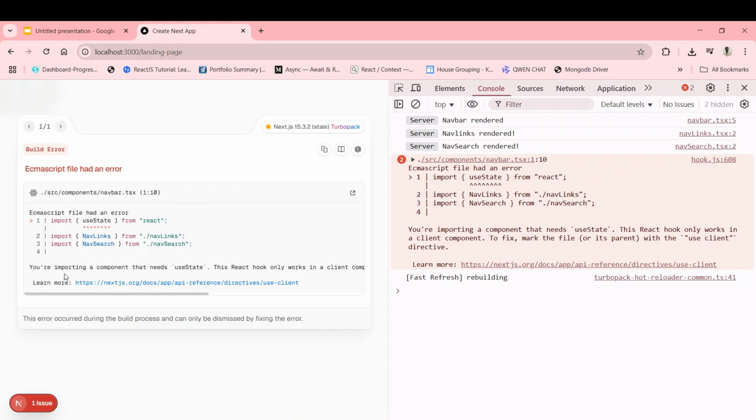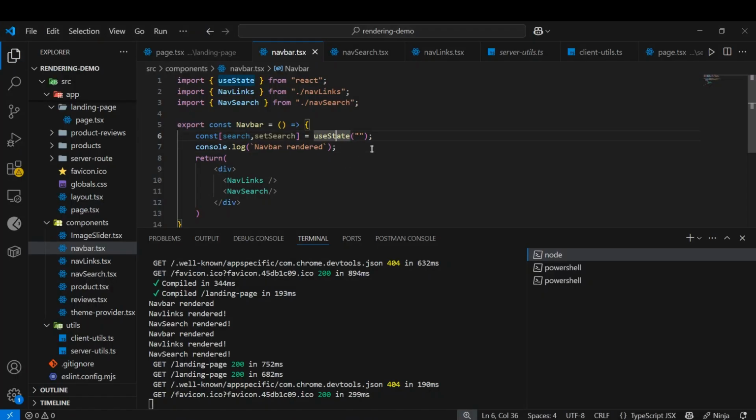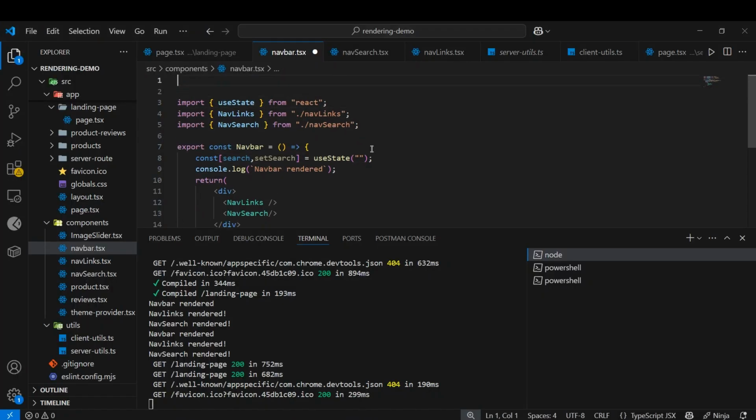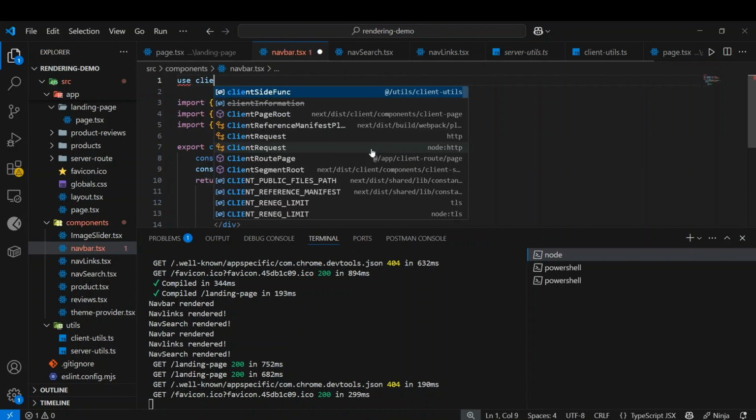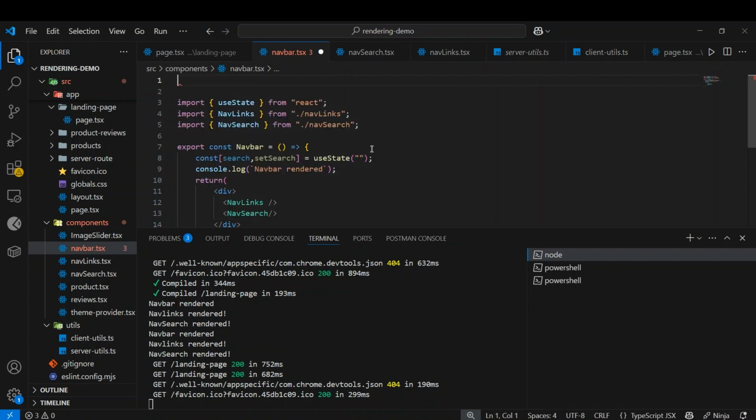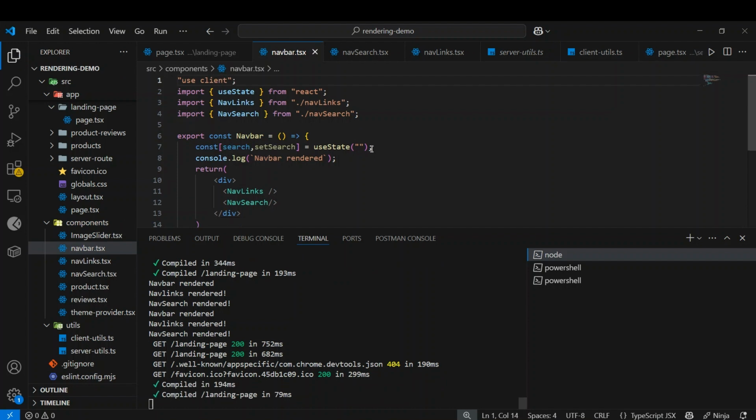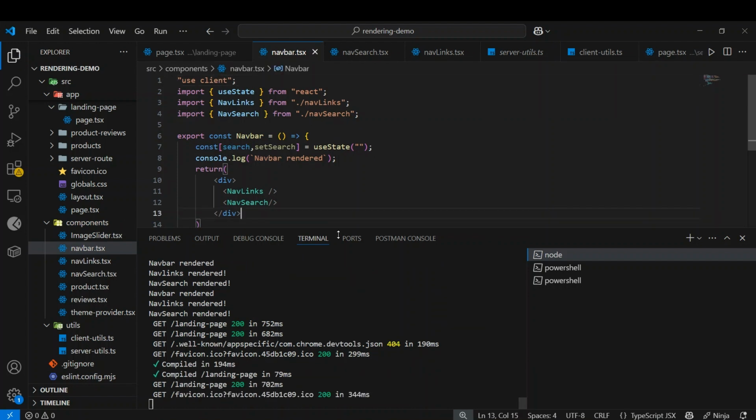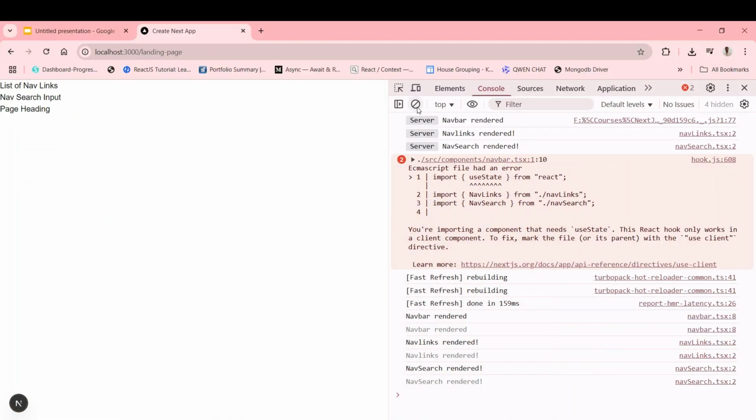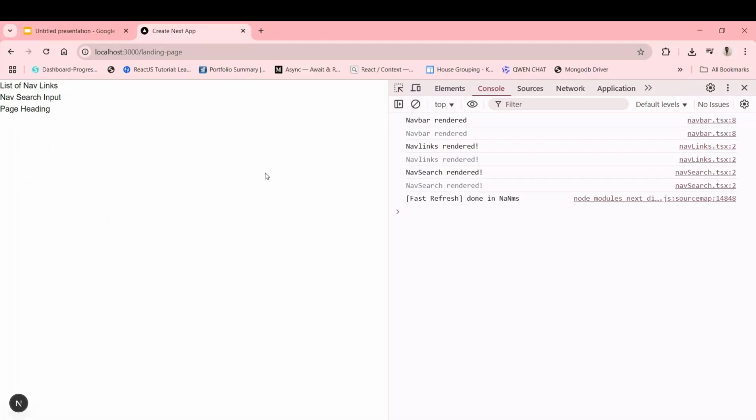I go to the browser. You can see an issue that you are importing a component that needs useState. So useState is basically used for client components. We have to add "use client" directly on top of the navbar. So we add use client, close, and save it. Now go to the browser, reload this. Now if you see,